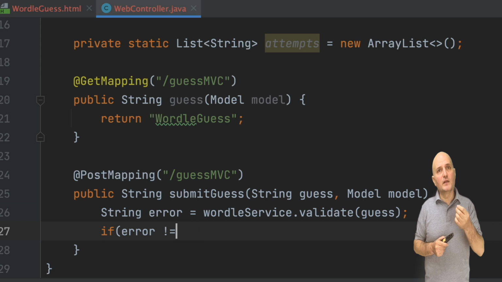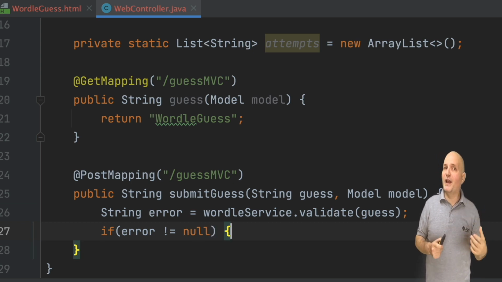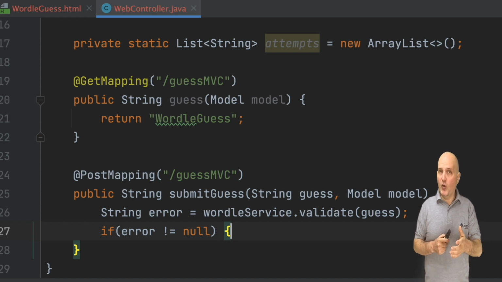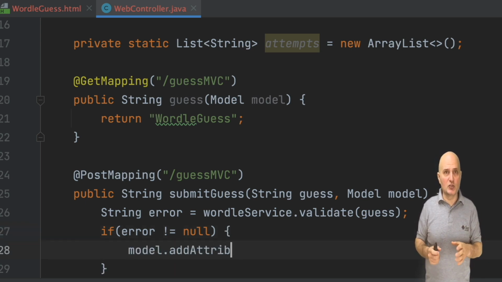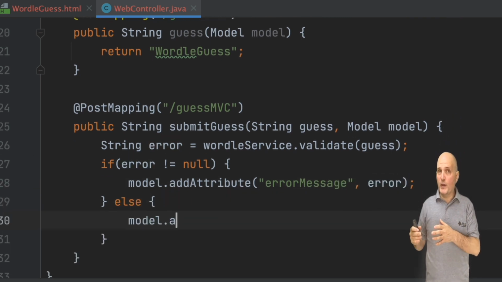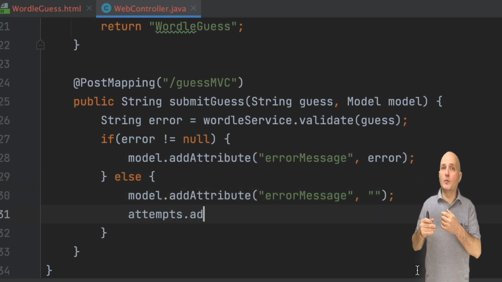The first line is identical to what we do for the REST request. We validate the input. We then check if there is an error. So far, we're almost exactly like the REST request, but this is where things start to change. If there's an error, we add it to the model so it will be printed.